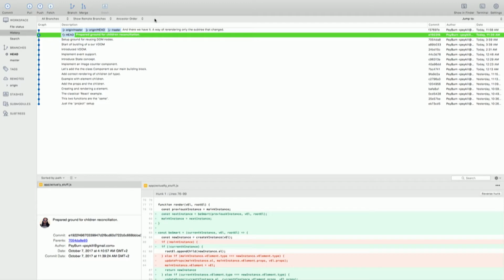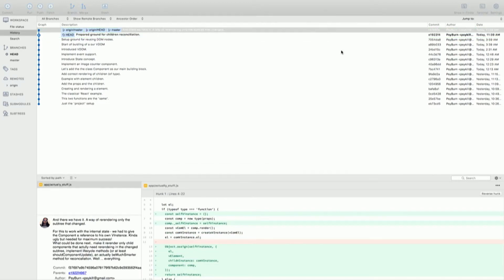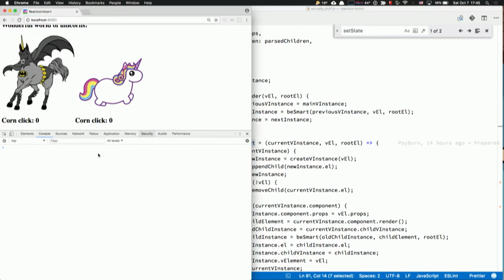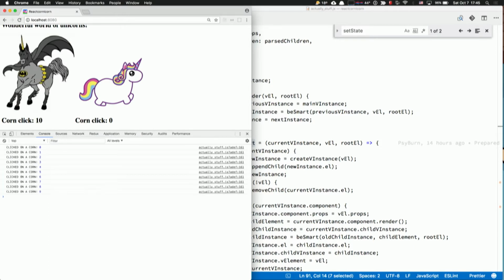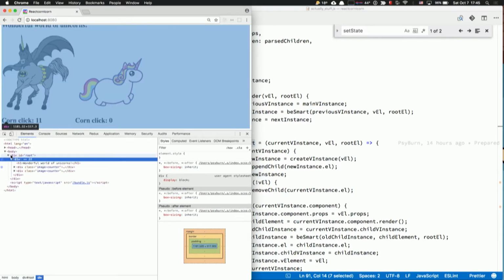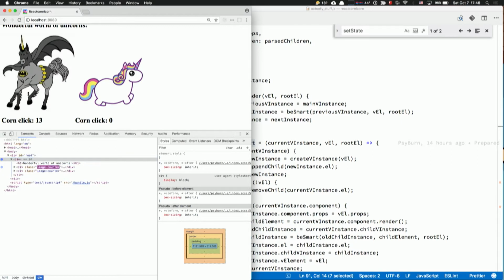You can see that later in the Git repo. But I'm going to show you the last commit here. If I click now on my Betticorn, stuff is changing. We're not re-rendering everything. We're just re-rendering the Betticorn subtree. See? The image counter is the only one being re-rendered.